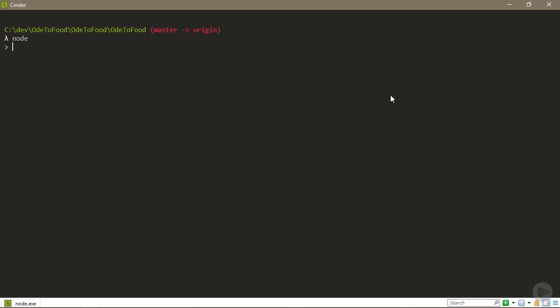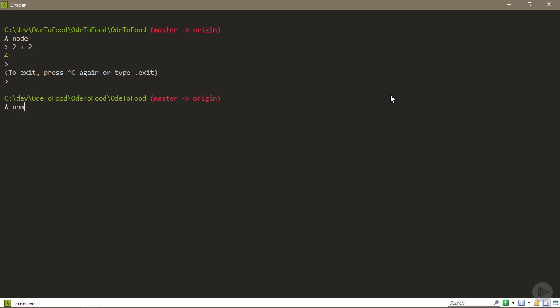But if I type Node and I enter into a prompt like you see here, then I can be relatively confident that I have Node.js installed. And now I can enter JavaScript expressions like 2+2, and Node.js is really just a JavaScript execution engine. So it's going to evaluate that expression and show me the result 4. So I'm going to hit Control-C to cancel,